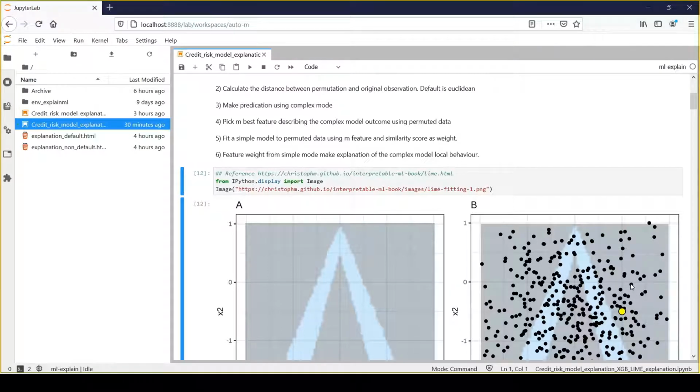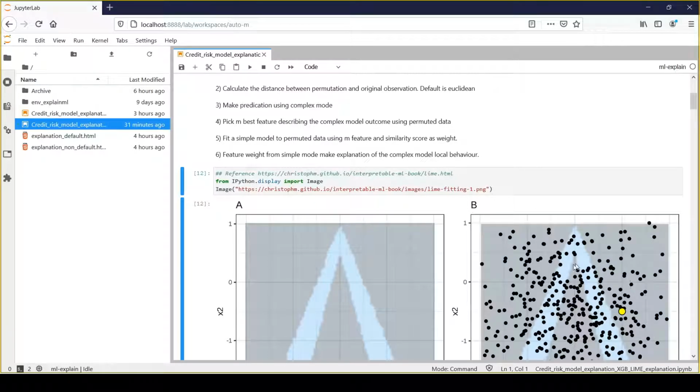In the third step, LIME will take all these data points and make a prediction against the complex model. In this case, my complex model is XGBoost, right? Because XGBoost is the original model which we have used for our model training, and we would like to know the prediction of this yellow instance from my XGBoost output. And here we are using LIME model interpretation to explain the model output of this yellow instance. So that's what we do as part of the third step.